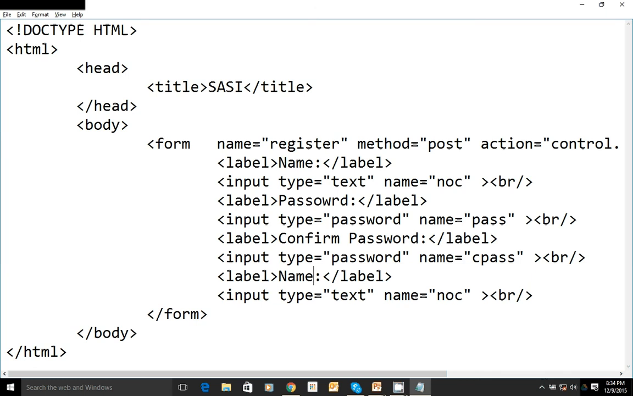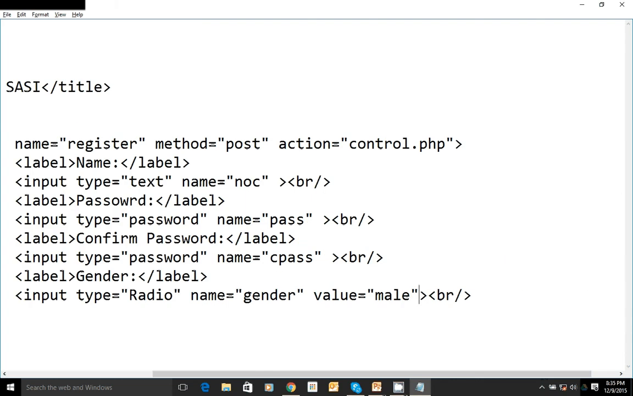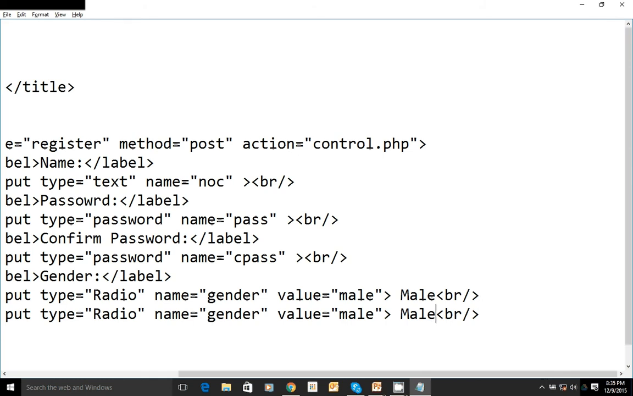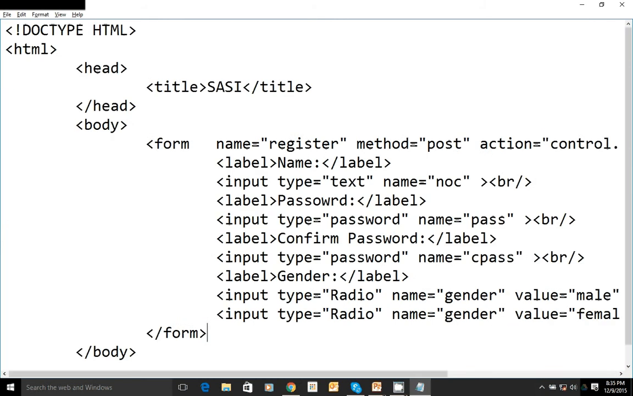And after that I have something called gender. When I say gender, it should be like a radio button. So input type equal to radio, name of this particular group is gender group. So value of this, I would say male, and female, and later on